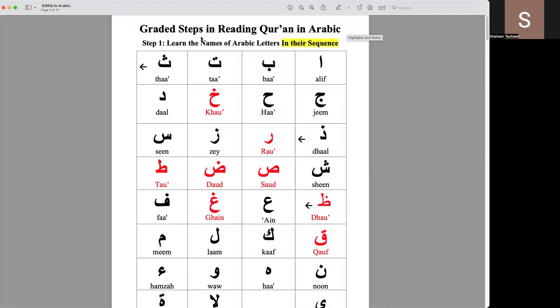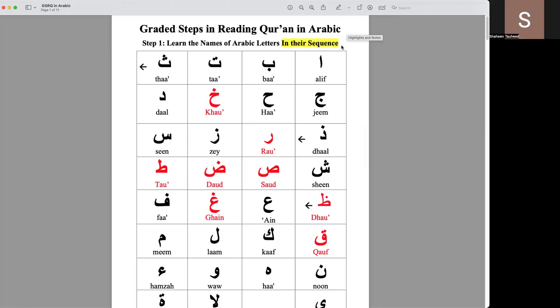Graded steps in reading Quran in Arabic. First step is to learn the names of the Arabic letters in their proper sequence. Learning the name is important because in certain places in the Quran, at the beginning of the surahs, there are words that are made of letters and we pronounce the letter names, not just the sound. So that's why we begin learning the names of Arabic letters, and in the next step we will learn the